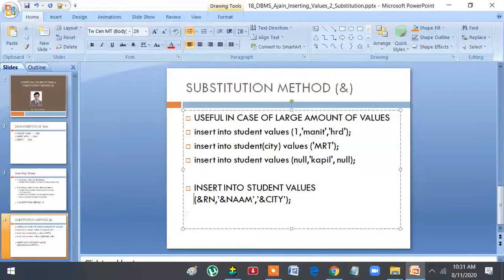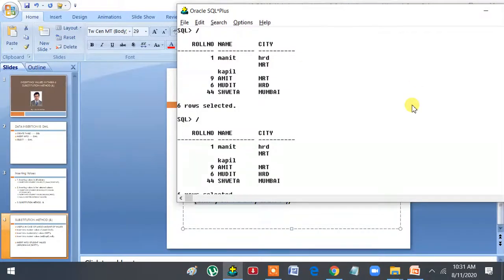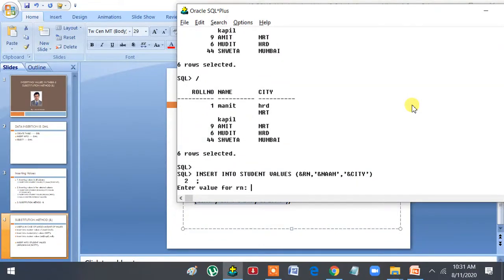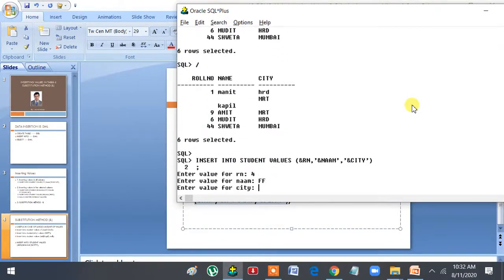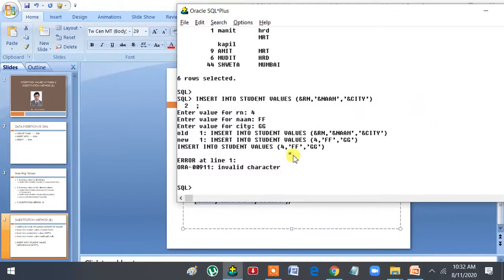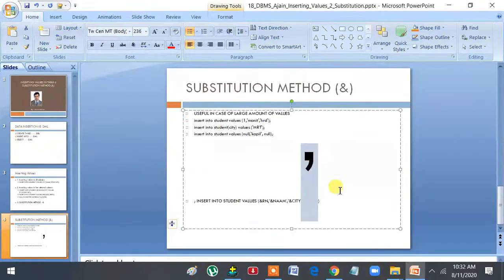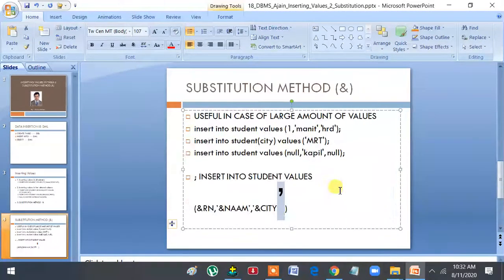One thing more I would like to tell you. Suppose I copy this statement from here and try to run it here. Now see what will happen. An invalid character error has come. Why? Actually, you must remember, you can see this code is a little bit different. If I increase the size, you can see the difference. This code is this one, whereas Oracle accepts this one.